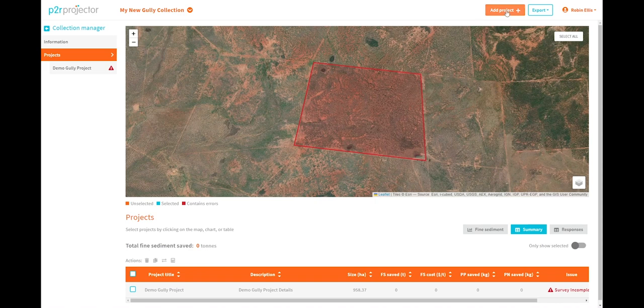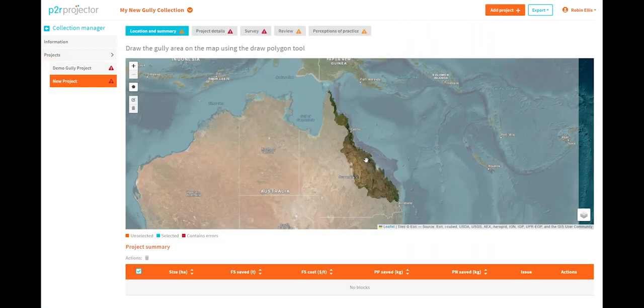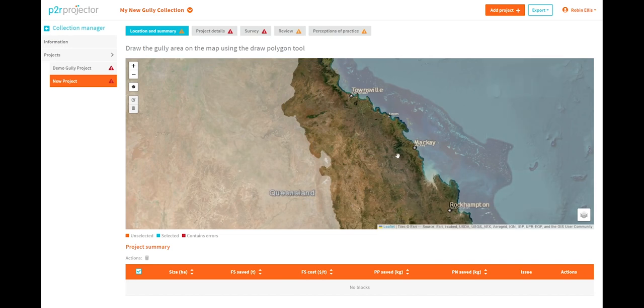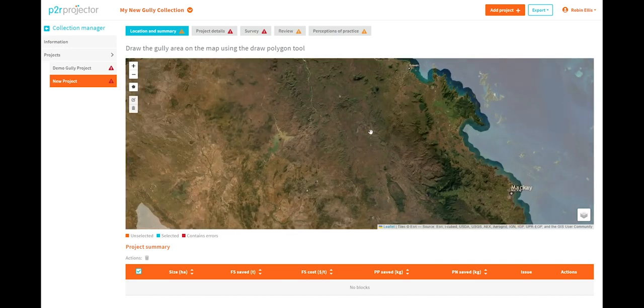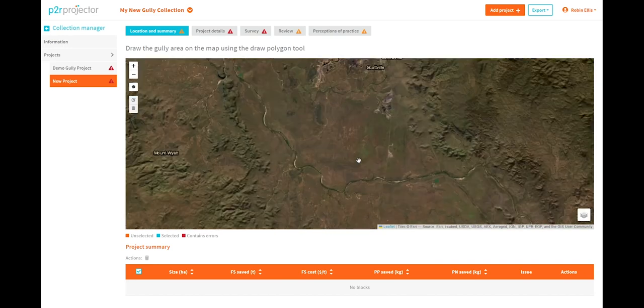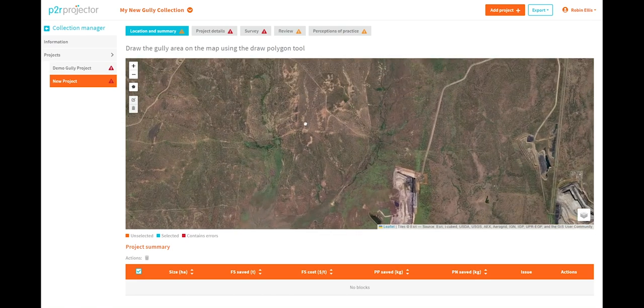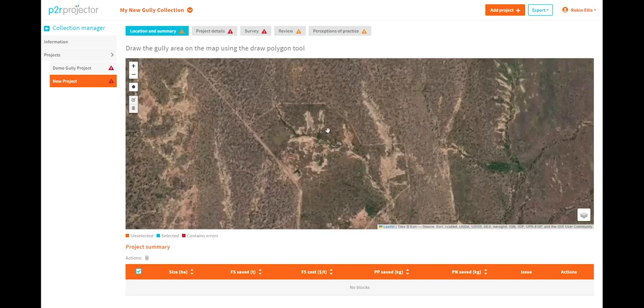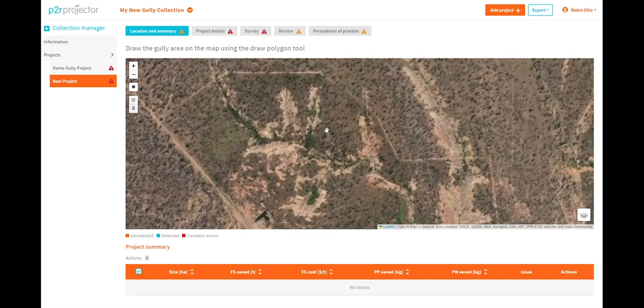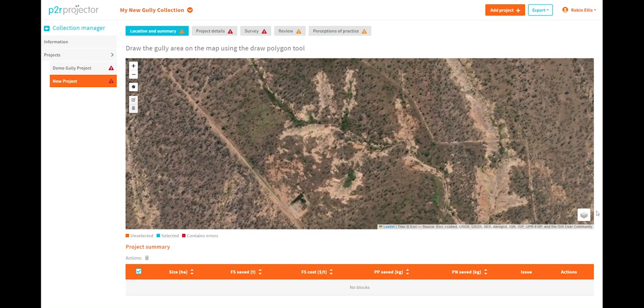the Add Project button to add a project to an existing collection, we navigate around through the mapping interface to find where our project is situated, and we get ready to outline our project. A nice feature here is the ability to change the view from satellite to the hillshade provided